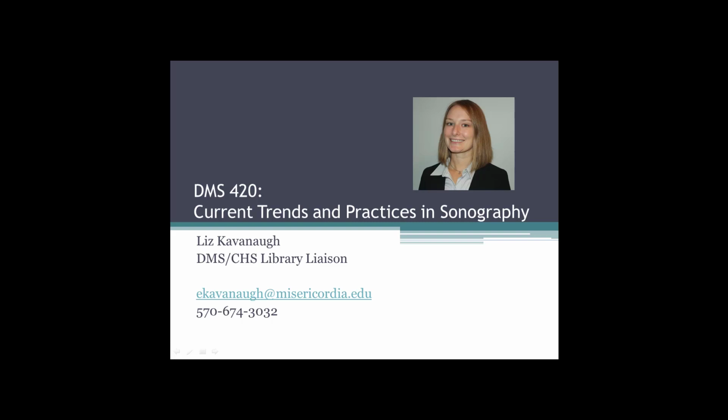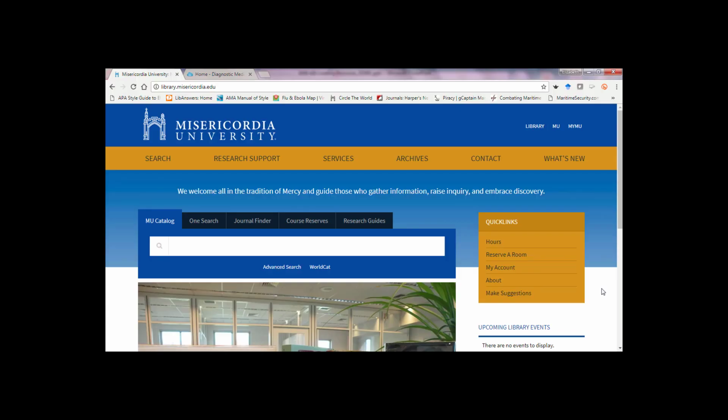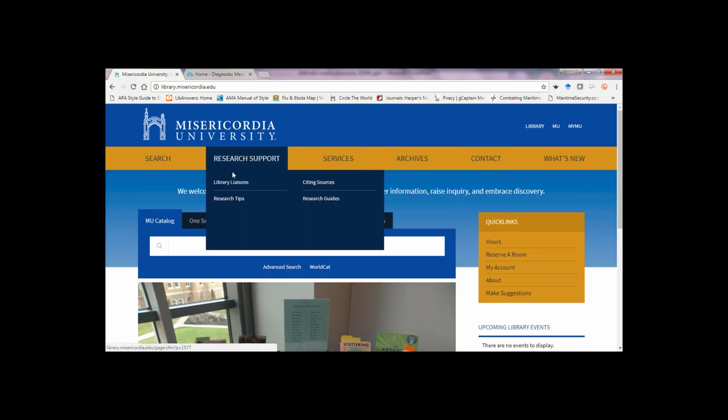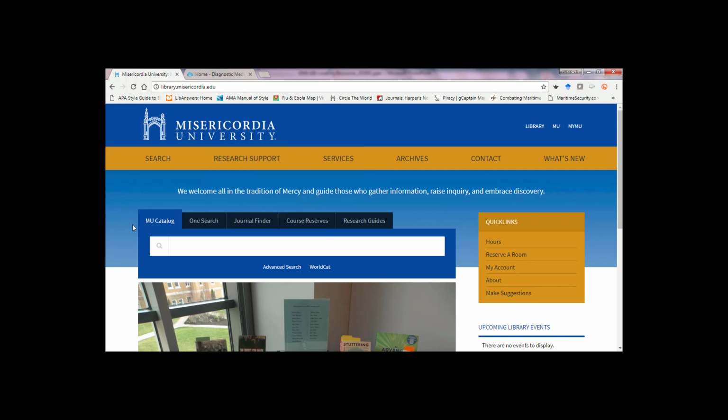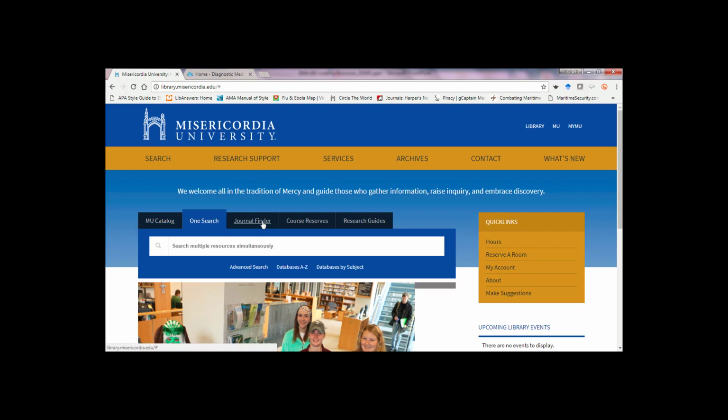This tutorial will demonstrate how to use some of the Misericordia Library's resources. From the library's homepage, you'll find contact information as well as the searching options for our books, articles, and databases. The first tab will be for circulating and reference books. The second will help you search for articles, and the third for Journal Finder if you know a particular journal